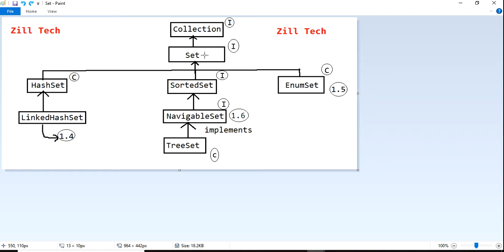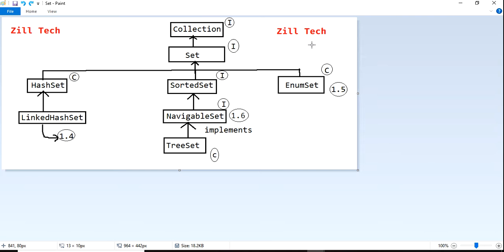What is set actually? Set is a collection of an unordered group of elements. When you are storing elements in a set, there is no order. When you are retrieving elements from a set, there is no guarantee that the elements come in the same order they were inserted. Suppose you insert the elements 10, 20 and 30.